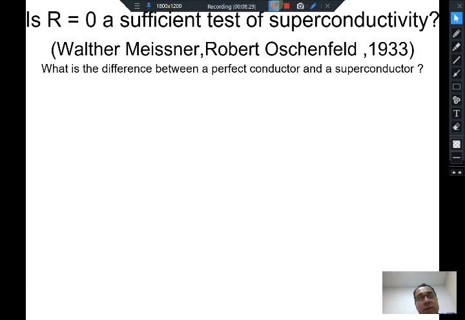First let us see what would happen in a perfect conductor. Let us take a metal, as shown here.